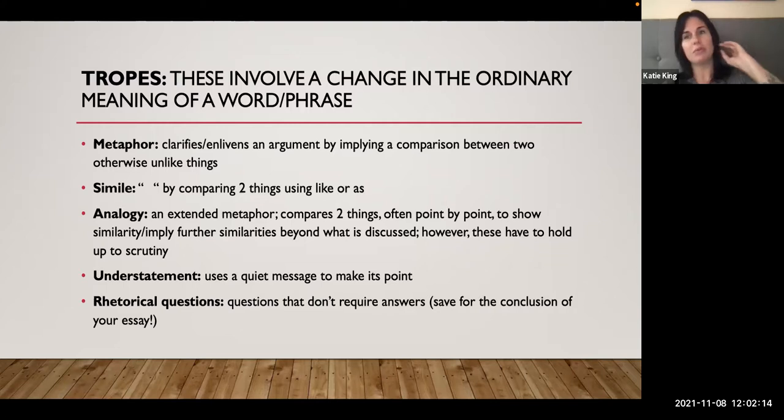But the important thing to remember about an analogy is that it's long, right? Like when you see comedians setting up a joke to compare two things, they don't usually just say, my dog is the mayor of Long Beach, right? They have to go into these narratives or monologues in which the comparisons have multiple bullet points on the chart, so to speak. And they really are going into an extended discussion of how these things are similar or different. It's not just in one sentence or one phrase, the way that a metaphor or simile is. It's extended, it's long, it's in a paragraph or even a whole narrative.